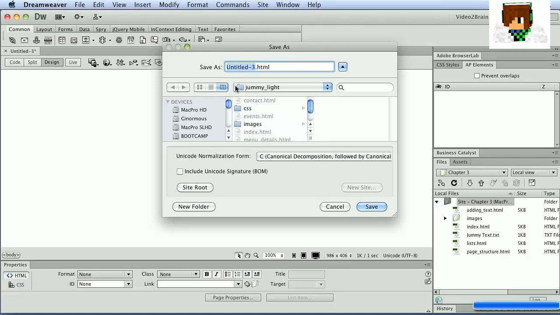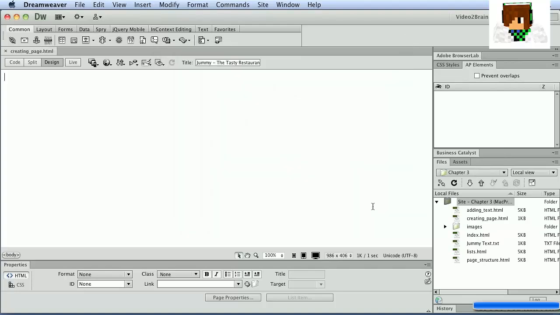So for the name of this page, I'm just going to call this creating_page. And I'm not too concerned with the naming convention we're using right now because we're just creating some preliminary files at this point. But because we defined a site, I can come down here and click on the site root button, and that's going to take me to my site folder, which is really convenient. And that's why we define sites in the site management area over here. So we'll call this creating page. I'm going to click the save button, and now you can see over here we have that file that's been created called